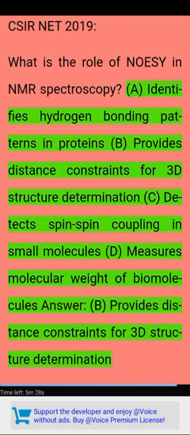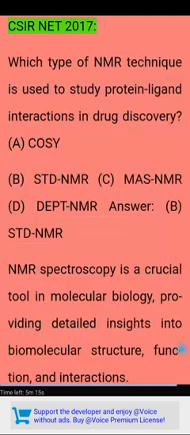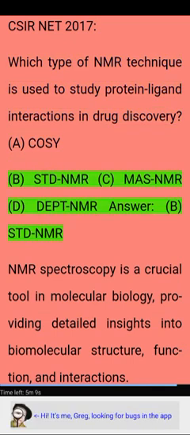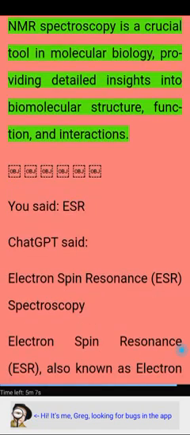Answer: B. Provides distance constraints for 3D structure determination. CSIR NET 2017. Which type of NMR technique is used to study protein-ligand interactions in drug discovery? A. COSY. B. STD-NMR. C. MAS NMR. D. Department NMR. Answer: B. STD-NMR. NMR spectroscopy is a crucial tool in molecular biology, providing detailed insights into biomolecular structure, function, and